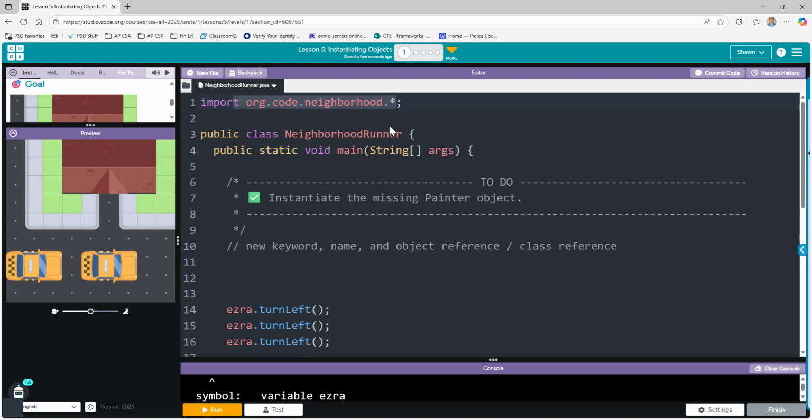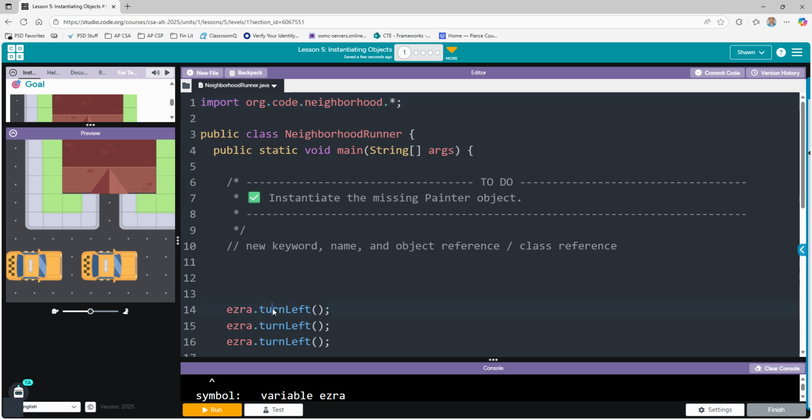You can also look at the documentation in code.org, which is under this tab up here called documentation, and you can find it. But they made a class called Painter. Now, just to kind of tease you a little bit with this, they've built a separate file, if you will, or class called Painter. And that's what allows